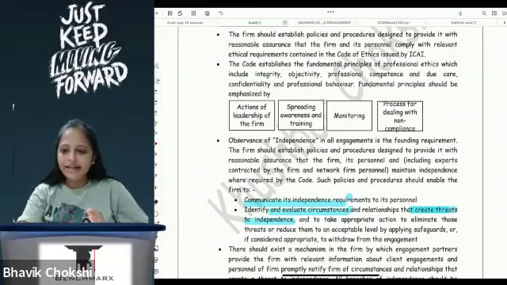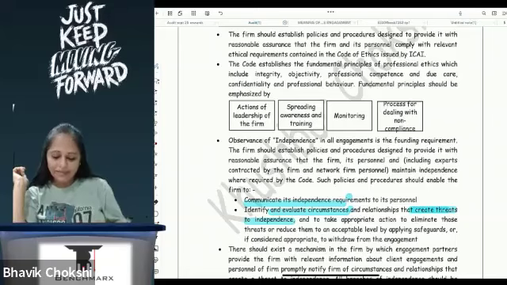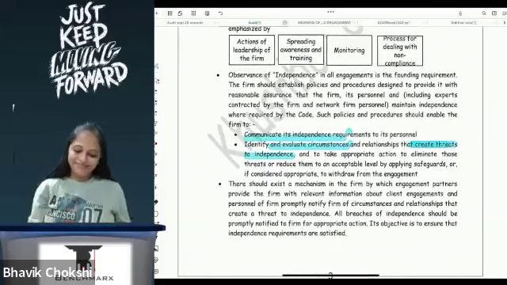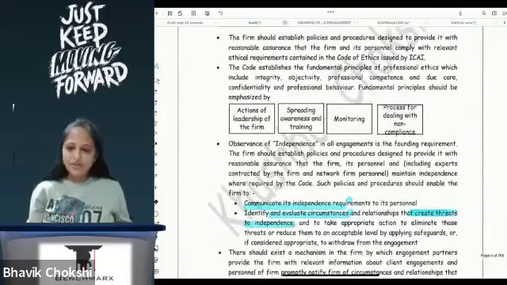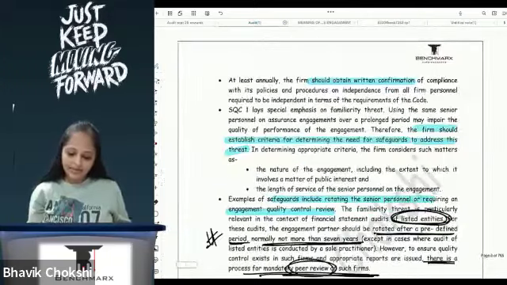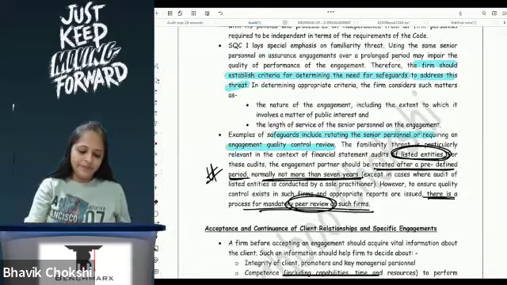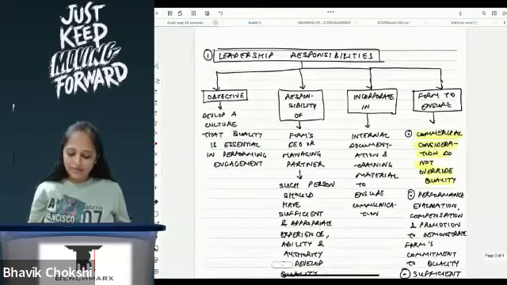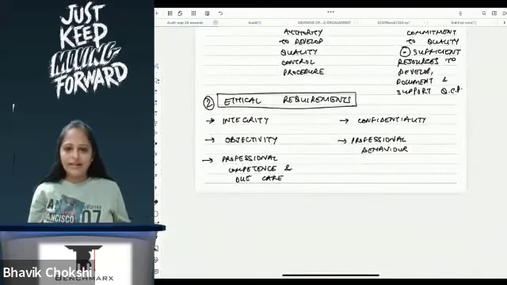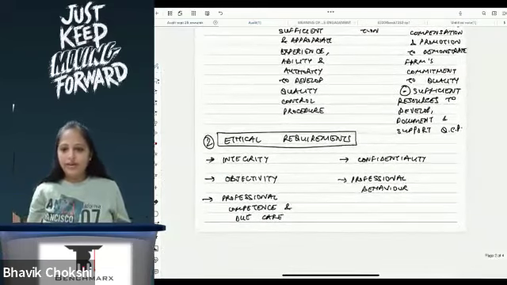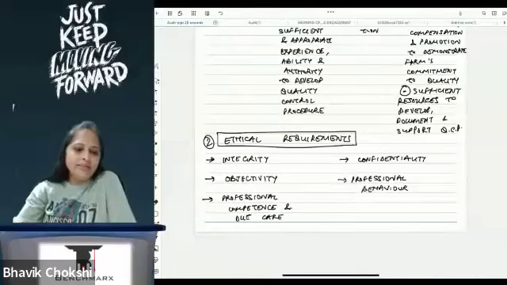Are we understanding? Do we need a break? Are we sleepy? Okay, so what we'll do is we will first type so that we don't feel sleepy, and then we will move ahead. You can take a 1 minute break, leave some lines below this, and then give the heading ethical requirement. We will take a 2-minute break and then we get back. Okay.